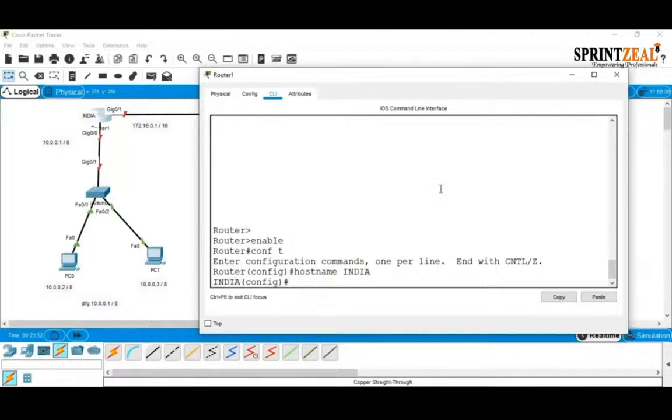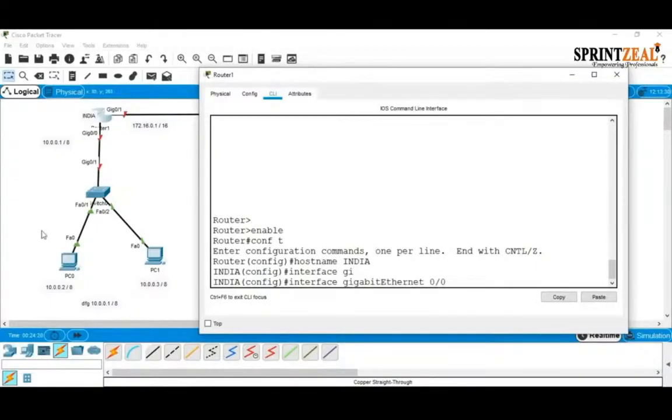Right. Now I want to configure this interface and this interface, because it is showing red, which means it is down. So I want to give an IP address and bring this port up. To do this, I have to go into this particular interface. So how to go into the interface? The command is interface gigabit Ethernet